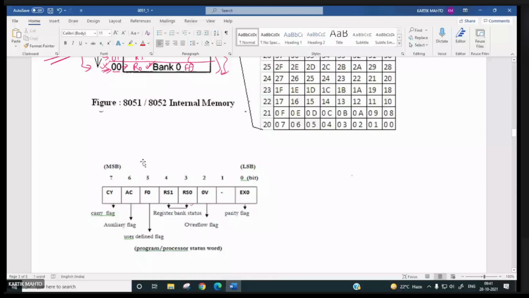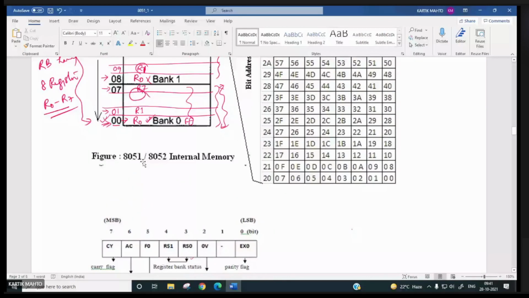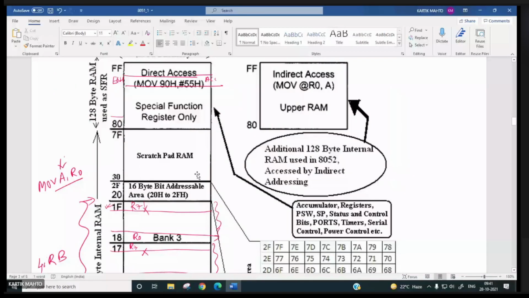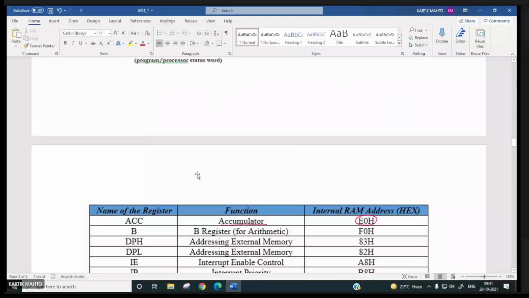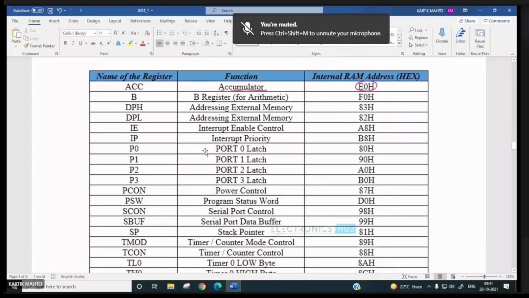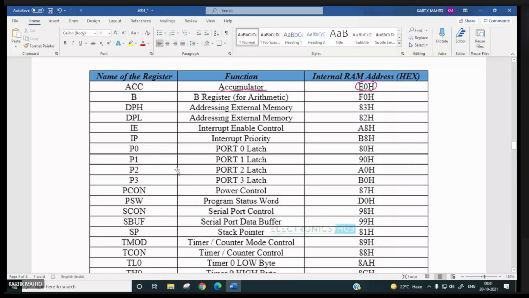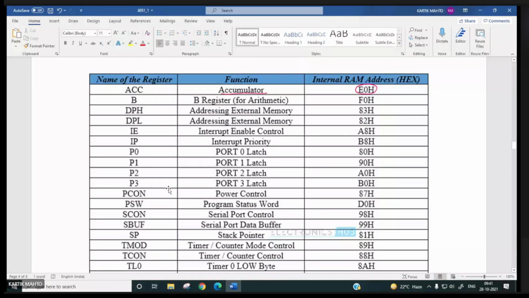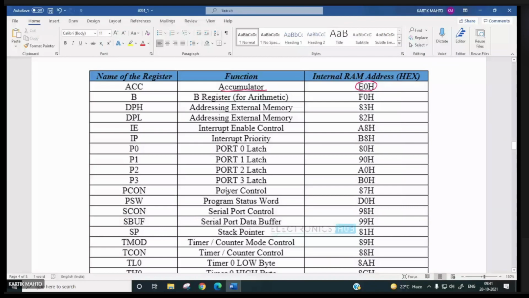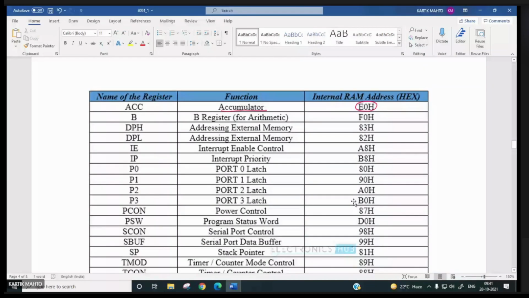So if you go to the PSW register, what is the location of this one? PSW register is D0H.